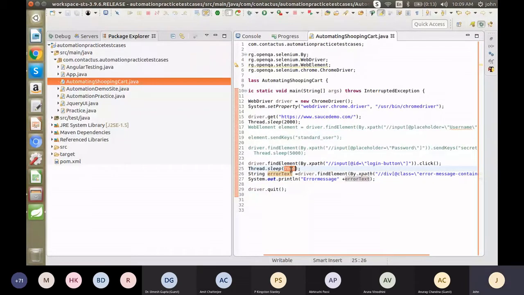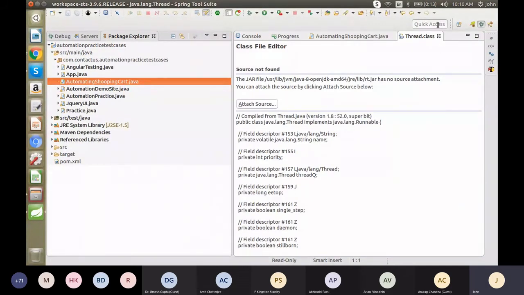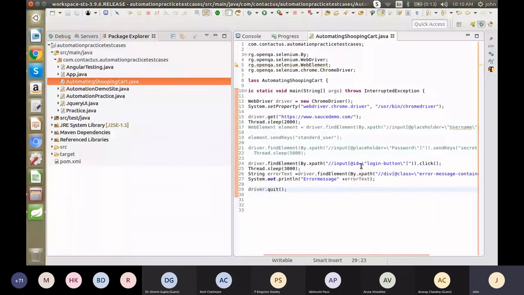I'm reducing the thread sleep, and okay, now we'll see what is happening. Let me run this code.